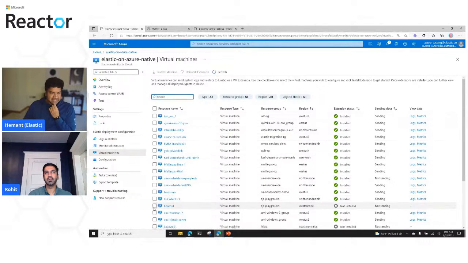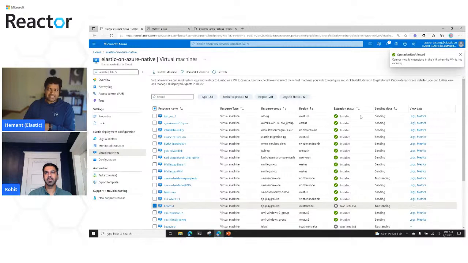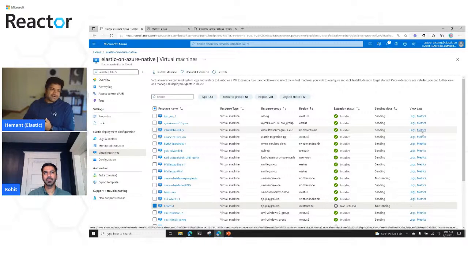It's as easy as picking up the virtual machine resource that you're interested in to get the data from, and installing the extension. Once it's done, the view would look like the other rows that you're seeing here, where it's already installed. And I can quickly go in and take a look at how the metrics look for a specific virtual machine from here.